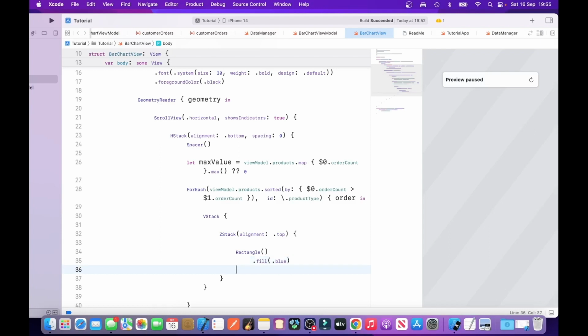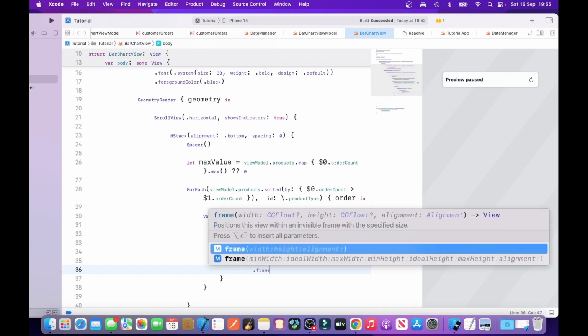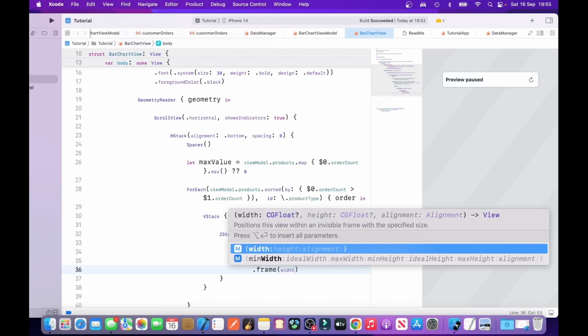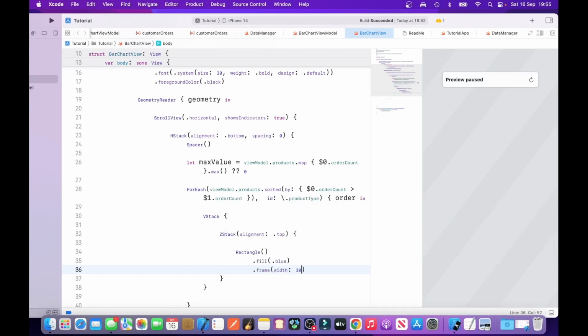Dot frame width 30, height, view model, get height,